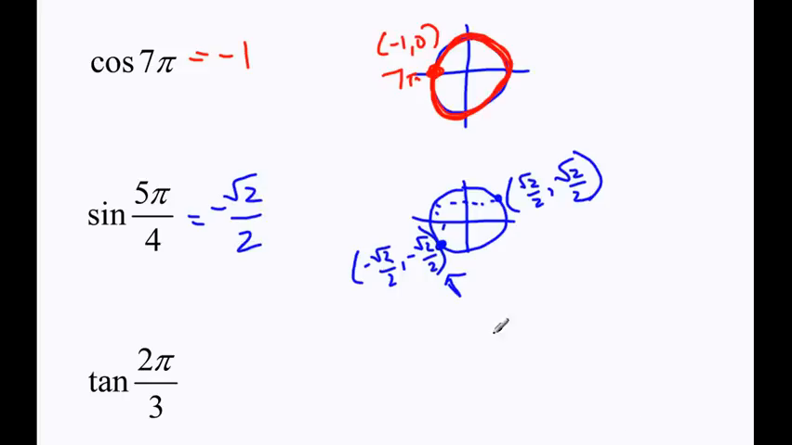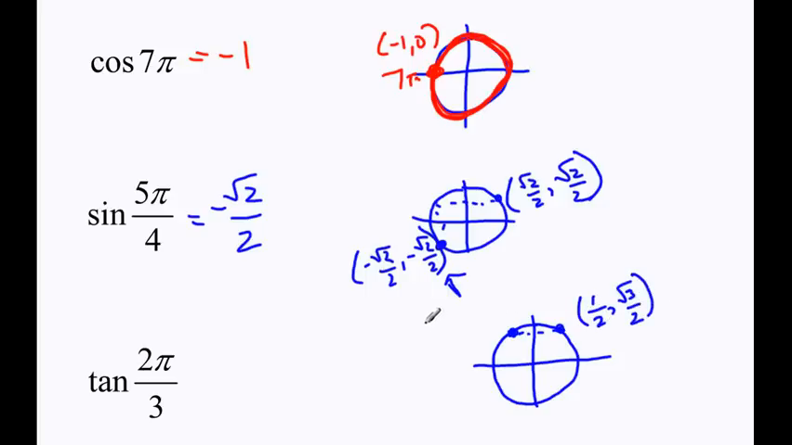All right, and our last one in this set is the tangent of 2 pi over 3. So 2/3 of the way to pi is right here. This reflects back to this one, which is 1/2, √3/2. So when we come back over here, we're at -1/2, √3/2. And we're going to divide y over x. So √3/2 over -1/2. And this simplifies to -√3. All right, so we're done working